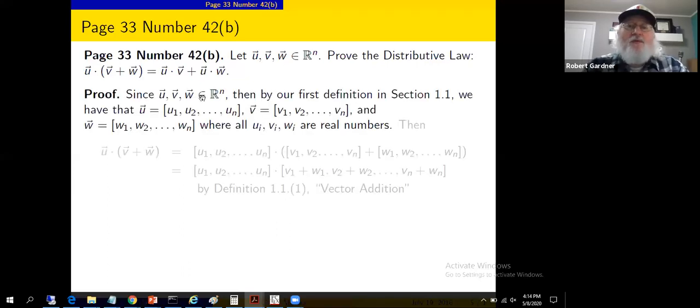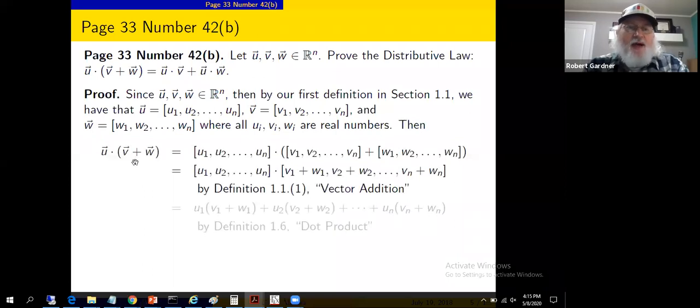All right, so take u, v, and w, and write them in terms of components as we've done so many times at this stage already. So subscripted u's, subscripted v's, subscripted w's. And let's take, say, the left-hand side of the equation and turn it into the right-hand side. It's a distribution law, eh? I know distribution holds in the real numbers. So what we're going to do, as we've done in the two or three of these that we've done,